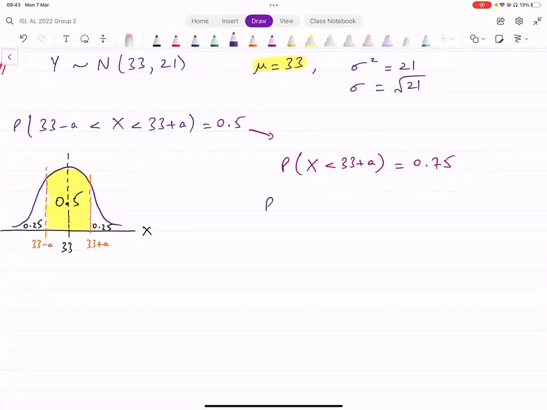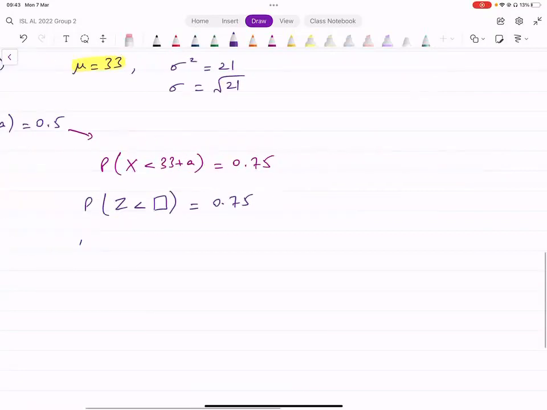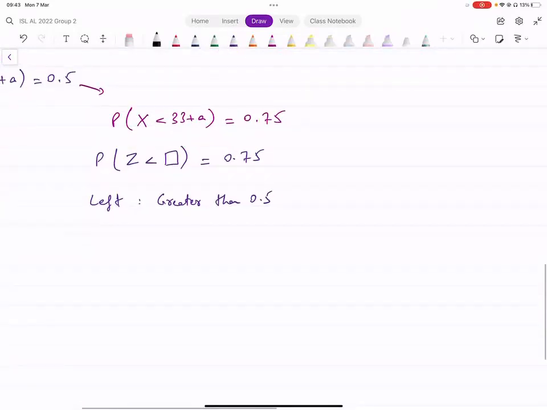ओके अब हम क्या करें, अब वही अपना स्टैंडर्ड तरीका क्या करेंगे, इसको z में कन्वर्ट कर देंगे, z less than something is equal to 0.75, you have to figure out whether z is positive or negative. लेफ्ट साइड पे region है that is greater than 0.5, लेफ्ट साइड पे ज्यादा एरिया, ठीक है, तो z की वैल्यू क्या होनी चाहिए, फिर पॉजिटिव होनी चाहिए, फिर ही आपके पास लेफ्ट साइड पे ज्यादा एरिया होगा।